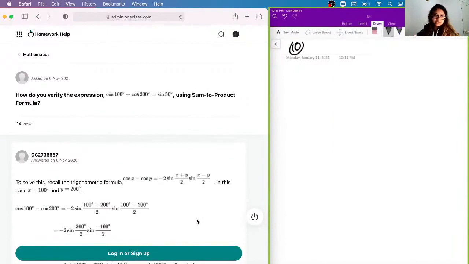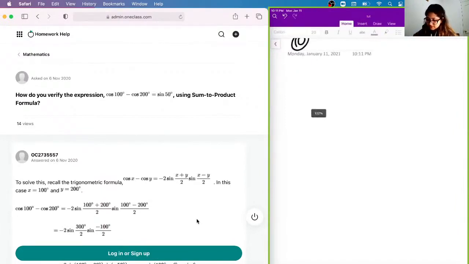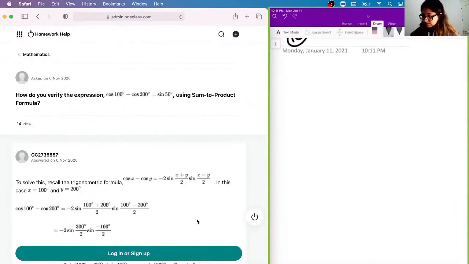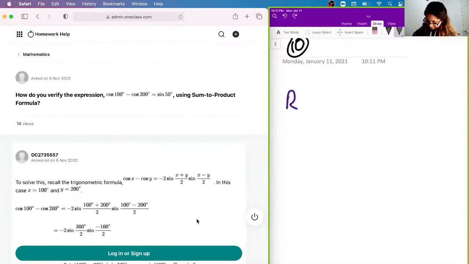Okay, so our next question says, how do you verify the expression cos of 100 minus cos of 200 using the sum to product formula? And so there's a trigonometric formula for this, if you guys recall, which is